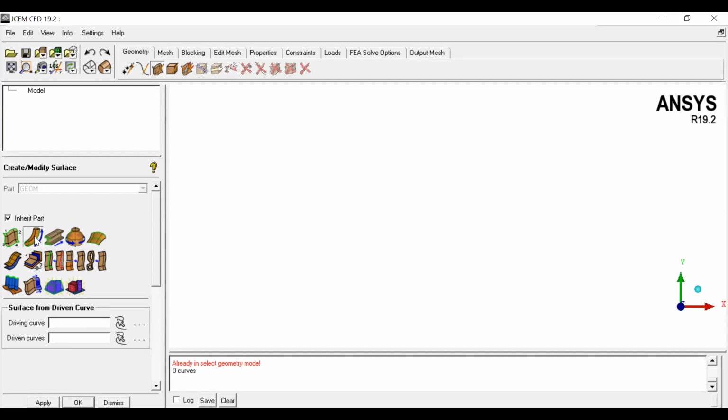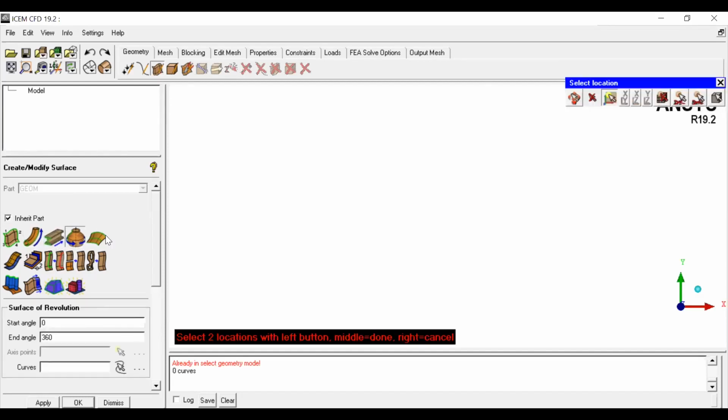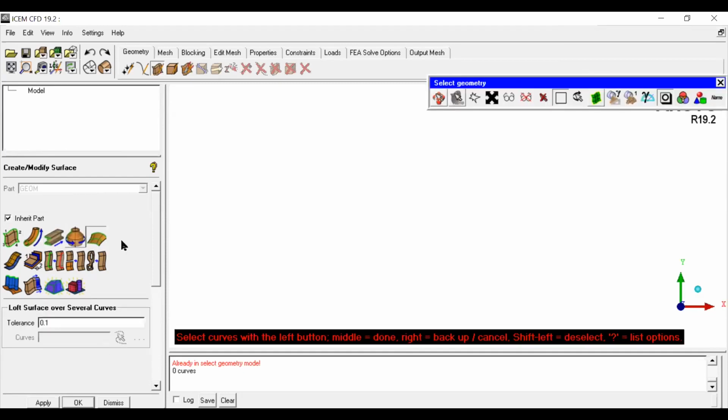So this is also very important. The sweep and revolve are all very similar to SolidWorks. This is very useful for generating aerofoil surfaces. Loft surface is also useful for generating the aerofoil surface.